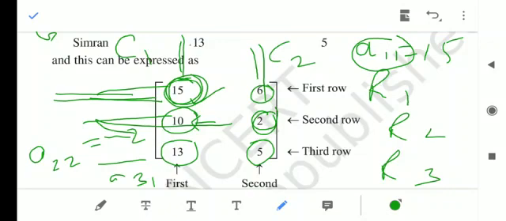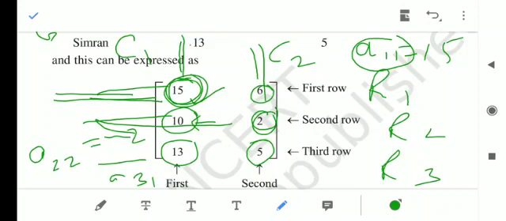Suppose I say small a11. This is an element of the matrix where, in a11, the first 1 represents the row and the second 1 represents the column. So the number lying at the intersection of first row and first column is represented by a11. A12 is the element in first row and second column. A21 lies in second row and first column, A22 in second row and second column, A31 in third row and first column, A32 in third row and second column. In this way we describe the numbers.